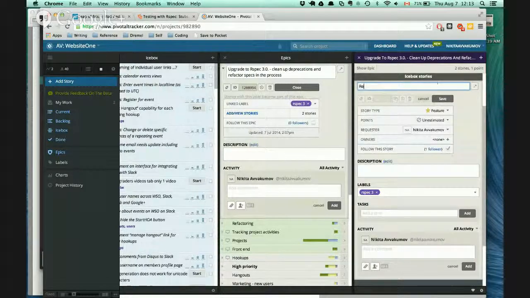Let's say refactor. So what is it? Project view specs. Update. It really shouldn't be a feature. Features are things that have visibility on the actual